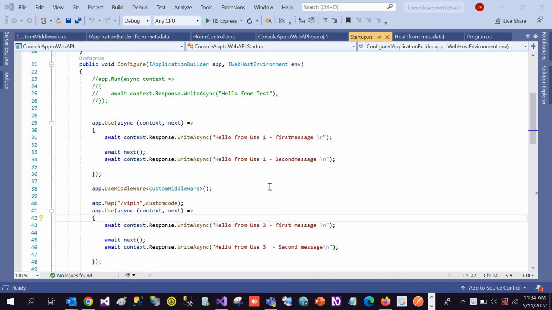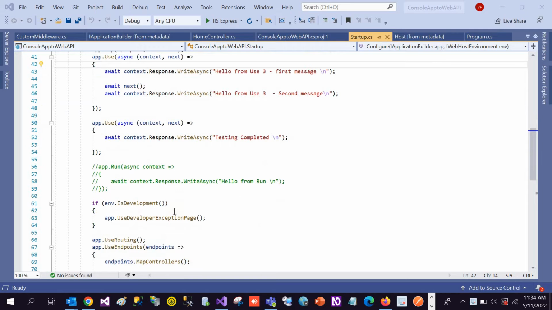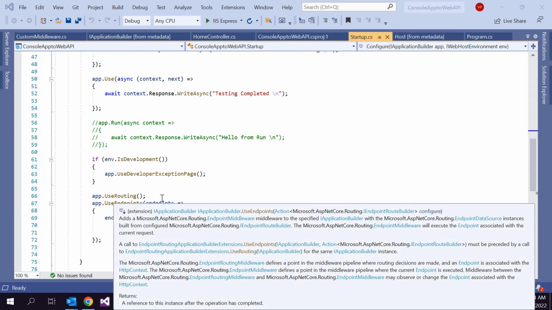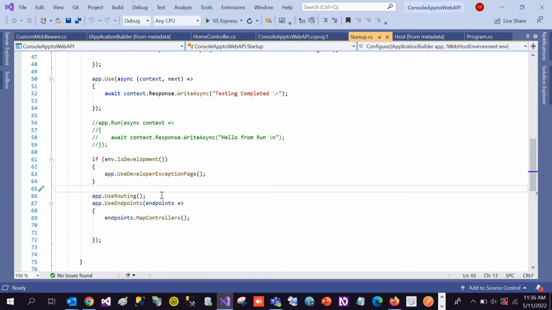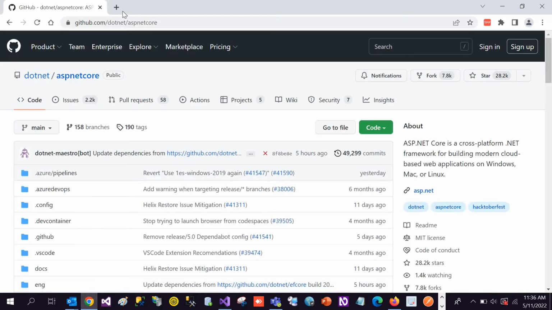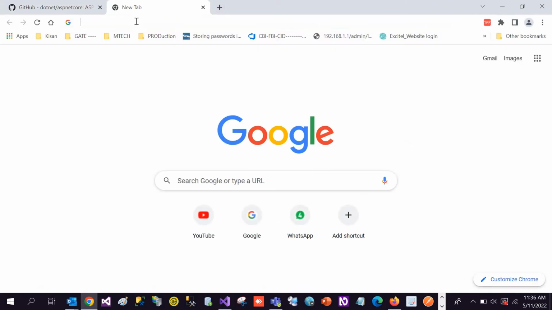Now here we can check that we are using the app.UseRouting method, right? Now we want to verify whether it is using the next method or not. So remember one thing, that ASP.NET Core Web API is an open source framework which is freely available to all the public. So let's copy the name of this method and go to the browser, and in a new tab